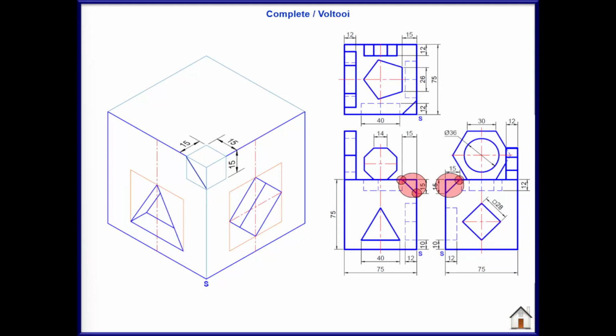The same will apply for the right view, the dimension of 15 millimeters. From the top edge of the cube, we will measure 15 millimeters down towards the bottom and then towards the front edge of the cube. We can clearly see in the right view that those 2 points are connected, and then we will connect them to see the chamfered edge in the right view as well.